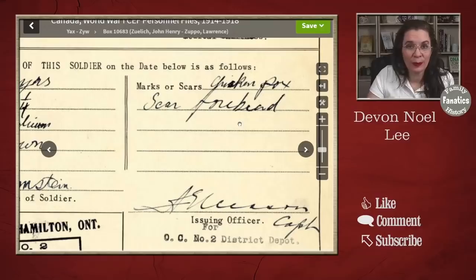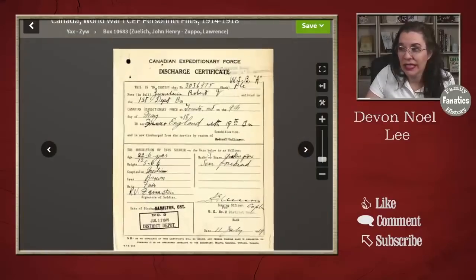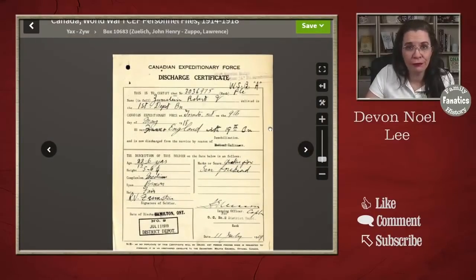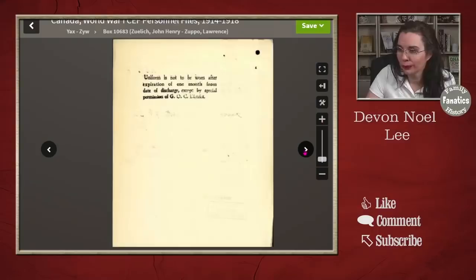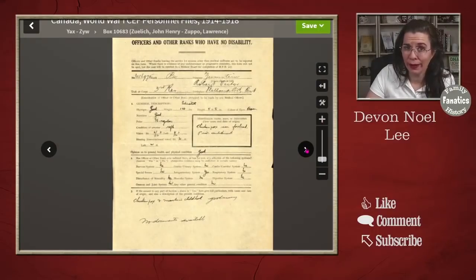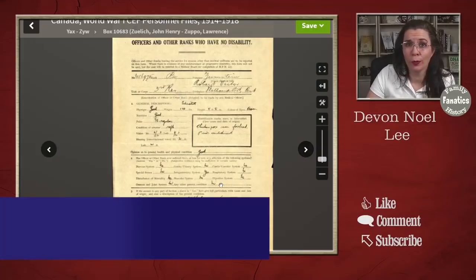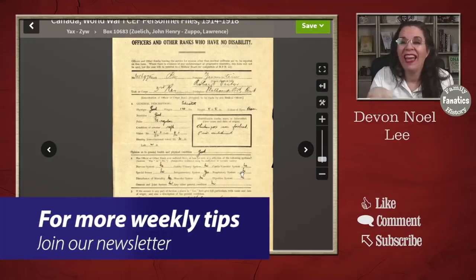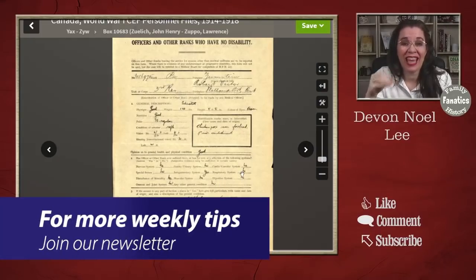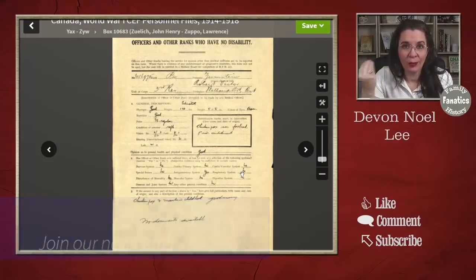But this is pretty fascinating details if you don't have photos of your ancestors, or to help you know more about your ancestors. So if you have Canadian military ancestors, you want to come over to Ancestry, I'm sorry, this is well worth a year subscription, because if you had to scan this by yourself and then look it all up, it would take you a lot of time.